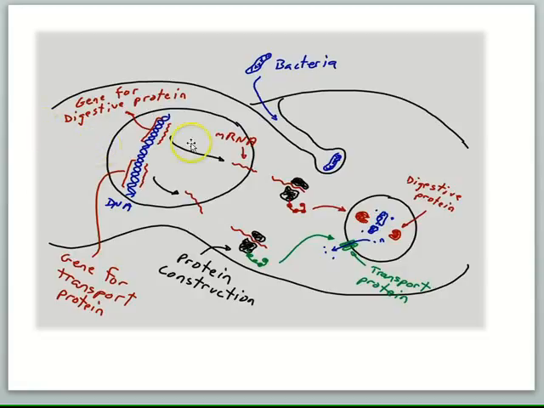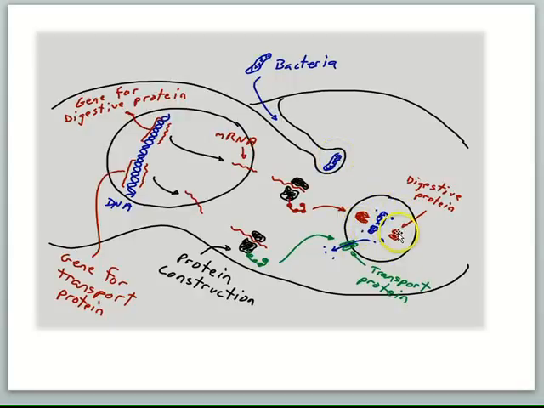In this diagram we see a paramecium, and here's the nucleus. And this diagram will serve as a little review about the relationships between some of these molecules: proteins, messenger RNA, and DNA. First, let's take a look over here. We have a food vacuole, and you'll recall that we studied a couple different proteins that do different jobs in processing food for paramecia. So here we have bacteria coming in through the oral groove into a food vacuole, and